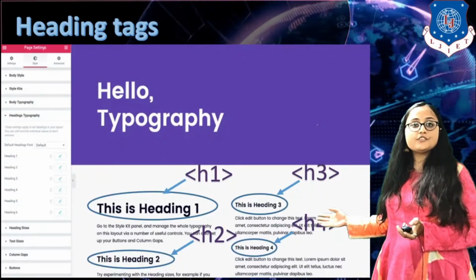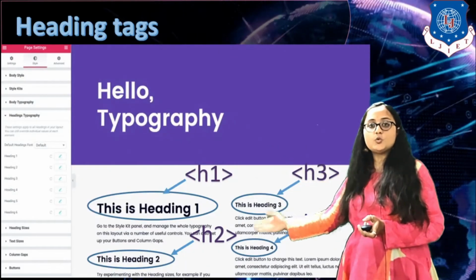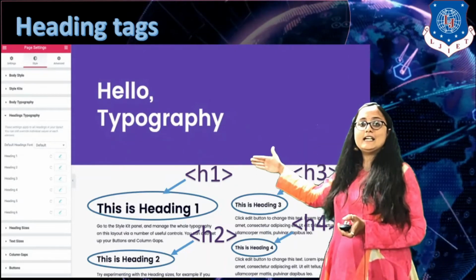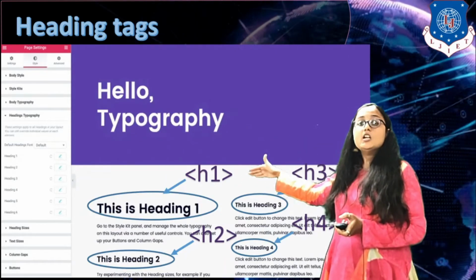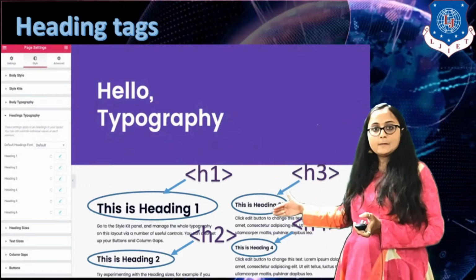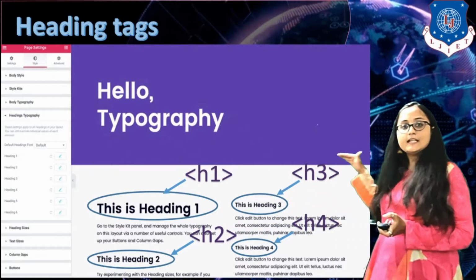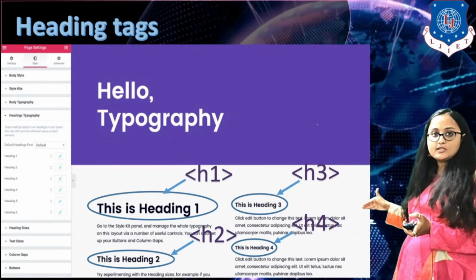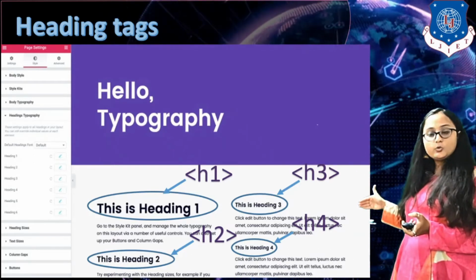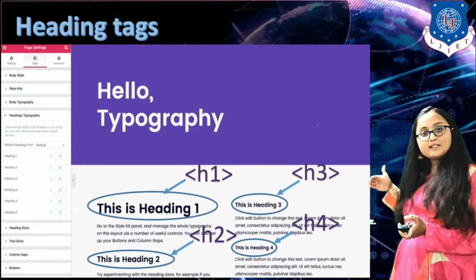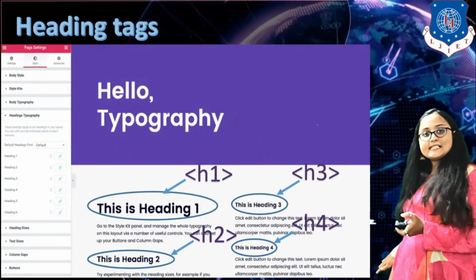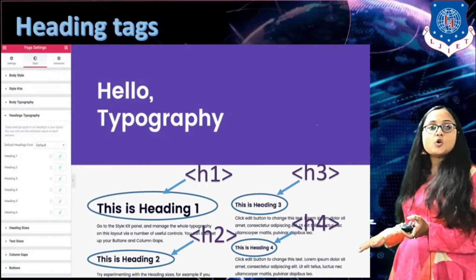Now what is the difference between H1, H2, H3 and H4? It is visibly clear that H1 font is larger than H2 font, H2 font is larger than H3 font, and H3 font size is larger than H4 font size. Here I have not included H5 and H6, but H5 is basically larger than H6, and H6 is the font which is the smallest.